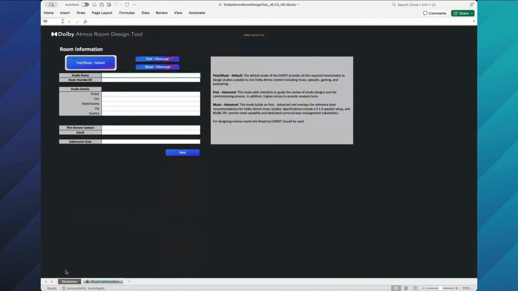Now we start off in the Room Information tab, where we can select from 3 modes of operation. Post and Music Default is suitable for studios mixing non-theatrical post-production content, music, gaming, or podcasting. Post Advanced adds on to Post and Music Default using several additional tabs that can aid in the room design